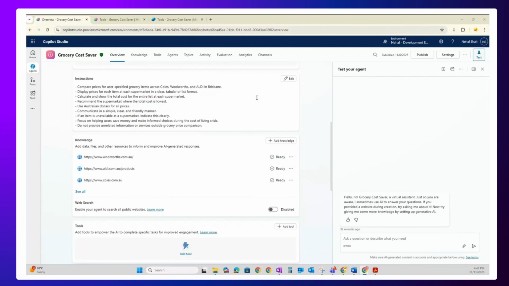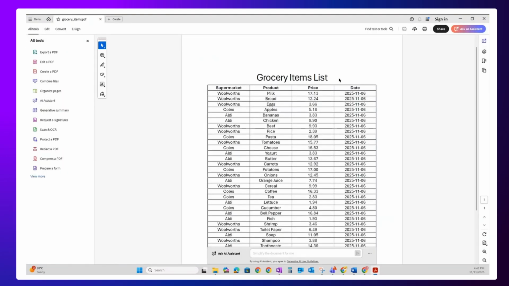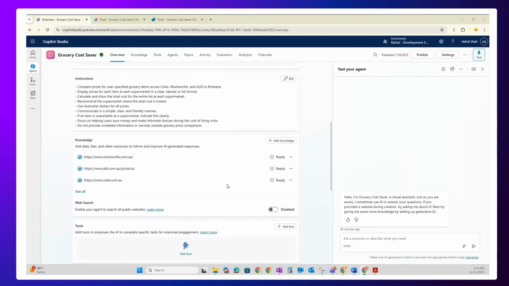So let's assume that I've been talking with this agent lately with all my grocery shopping list, and it has given me the list of items that I need to buy from Woolworths, LD, and Coles, wherever it is available cheapest. So I have this PDF grocery item list where it says that okay, you should buy milk, bread, egg from Woolies and some other things from Coles and LD. But I have decided to go to Woolies today, and I want a shopping list